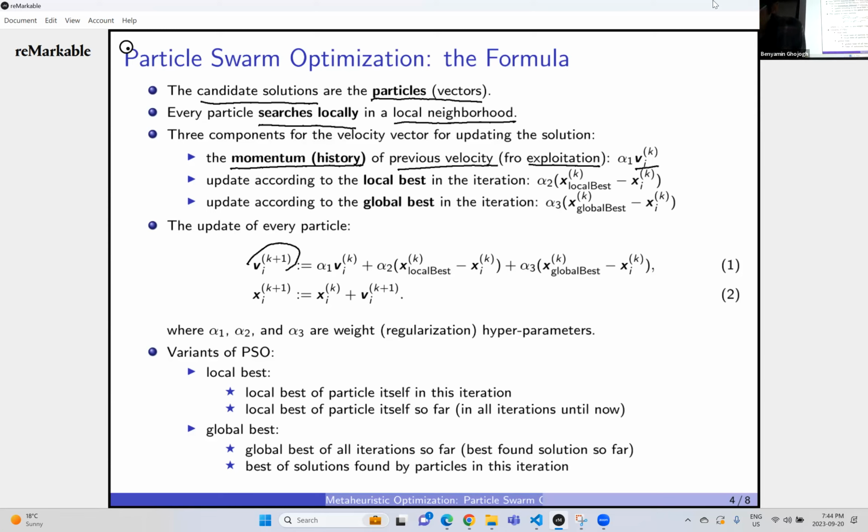Now I want to calculate my Vi in this iteration, which is the k plus 1 iteration, the next iteration. So Vi k plus 1, how do I calculate that? It has 3 terms. The first term is alpha 1 Vik. Alpha 1, alpha 2 and alpha 3 are some scalar hyperparameters. And alpha 1 Vik means that I want to have a memory of my previous